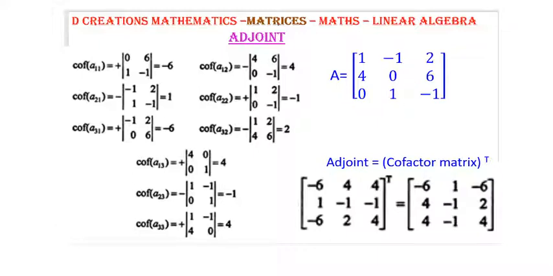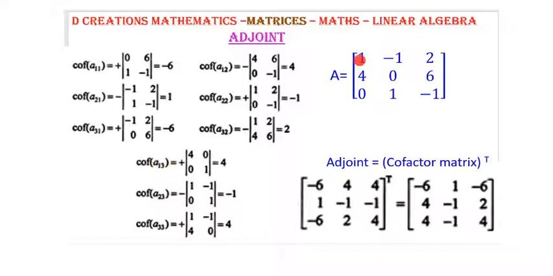So exclude row 3, exclude column 2, you are left with 1, 2, 4, 6. The sign here: 3 plus 2 is 5, an odd number. Minus 1 raised to an odd number is minus 1, so the sign is going to change. Let us solve this determinant. 6 minus 8, which is minus 2, but you have another minus sign here, so minus of minus 2 gives you plus 2.